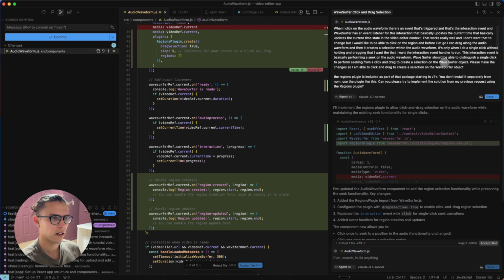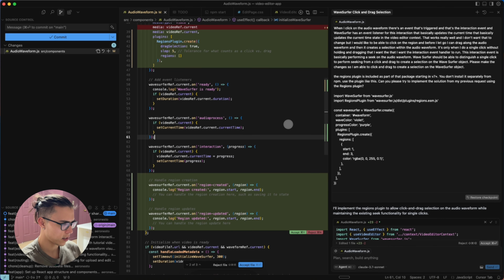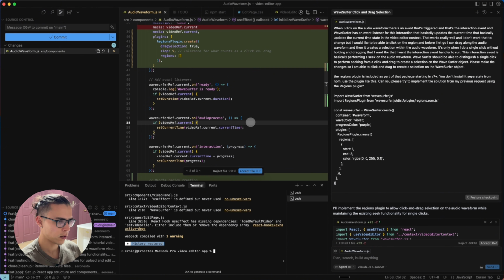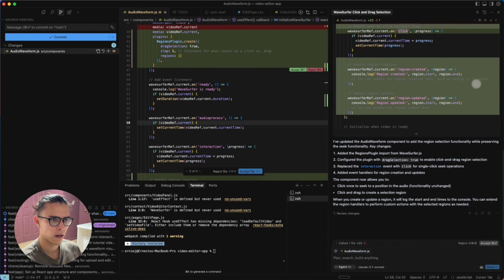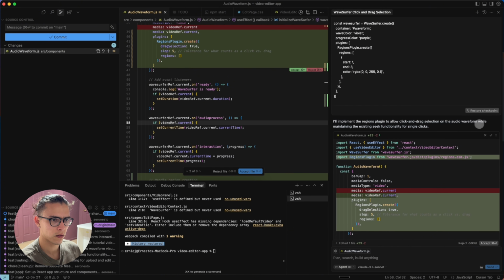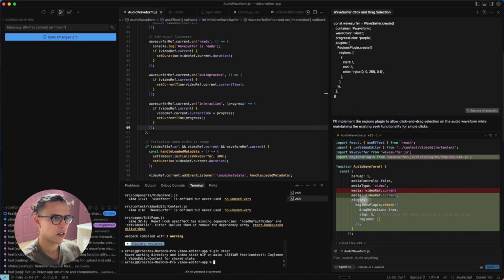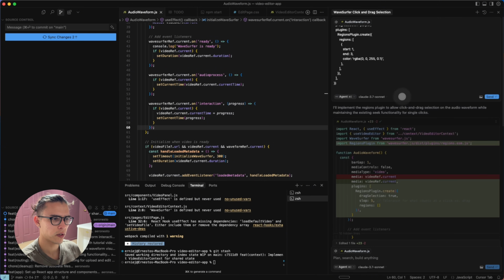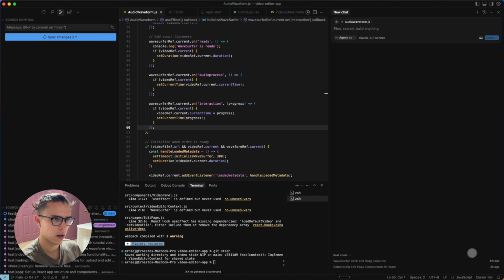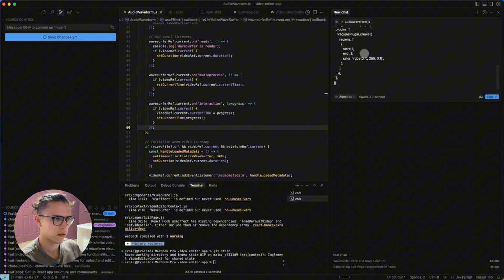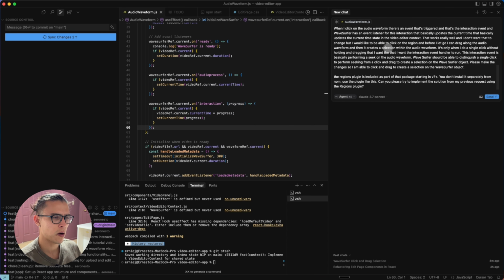Okay, what I'm going to do is stash these. I'll just accept the file. I'll accept it, the whole thing. And then I'm going to stash all these changes. And in a separate thread, I'm going to reuse some of this prompt. And instead of explaining all the stuff that I had in the beginning about what it's doing when I click on the audio waveform, I'm just going to say, please